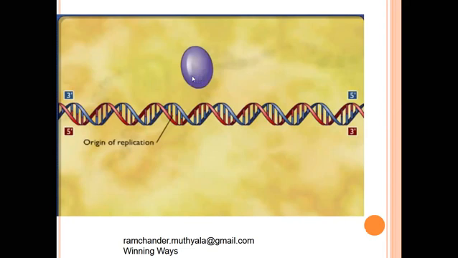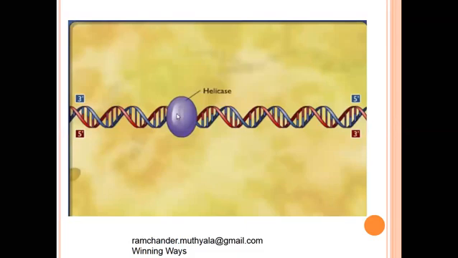Weak hydrogen bonds means between adenine and thymine. Between adenine and thymine, two hydrogen bonds are present. These two hydrogen bonds are called weak hydrogen bonds. The weak hydrogen bonds are identified by the helicase enzyme, and